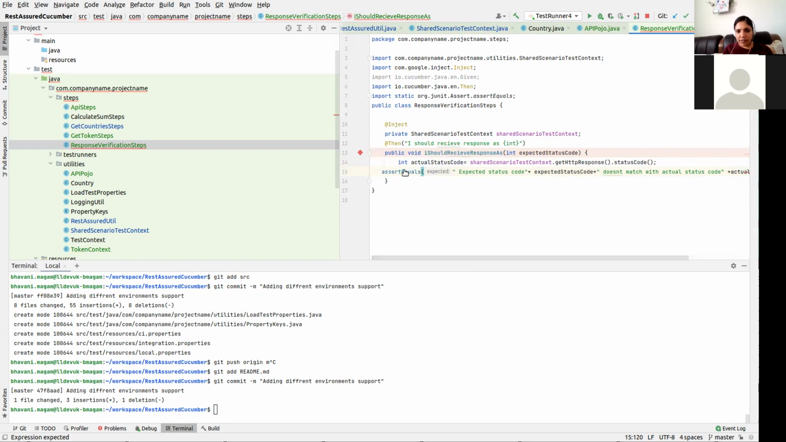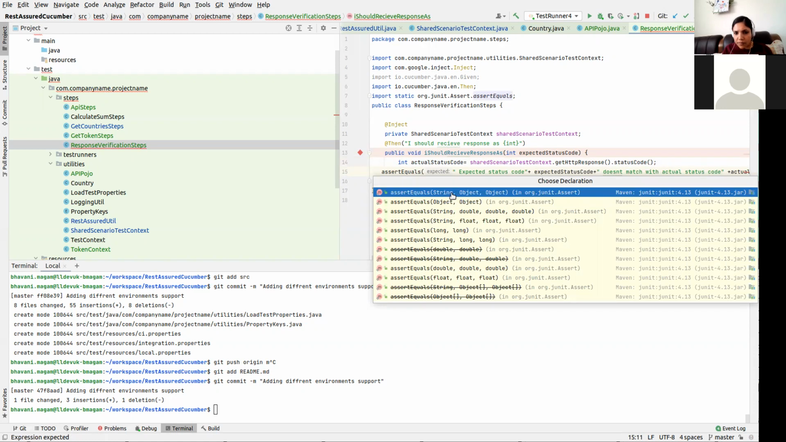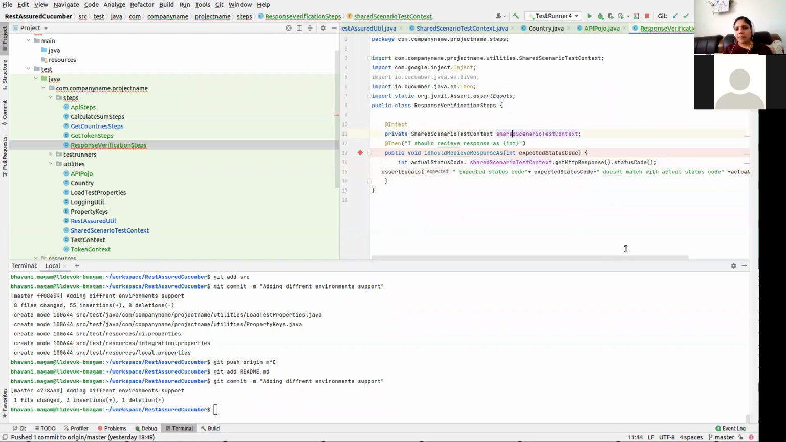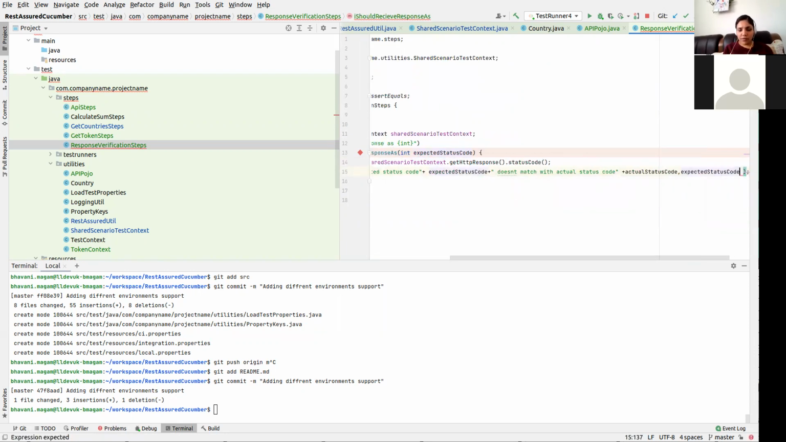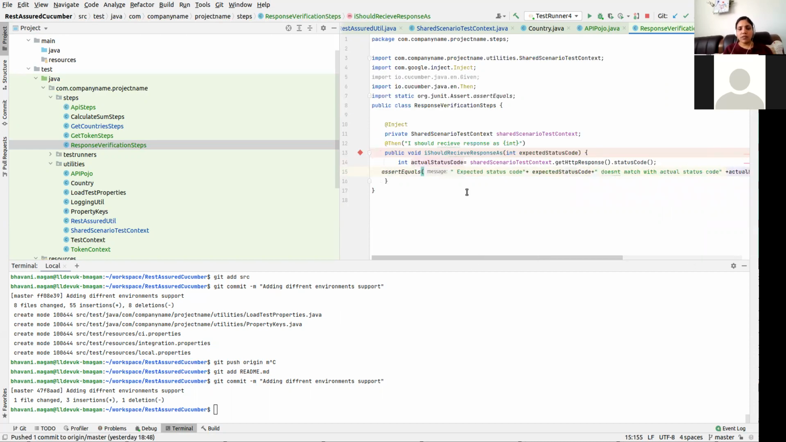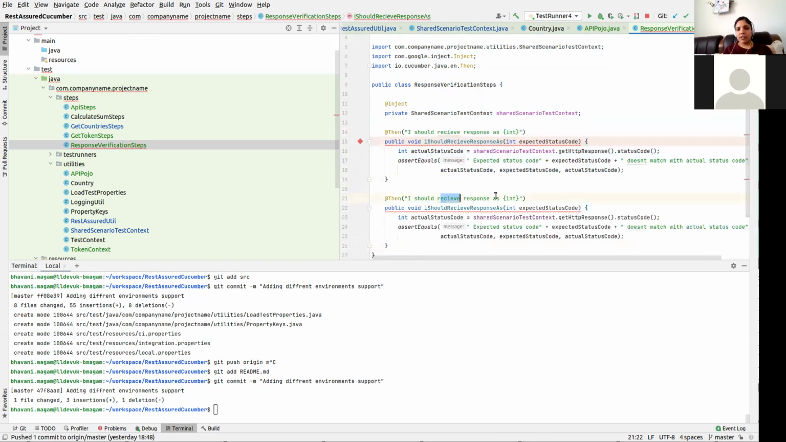So inside your assert equals first, you can just say expected status code comma actual status code. See, so this is your assertion. So for example, let's say you want to assert the response, I mean key value pairs will be there, right? So then I verify the response,